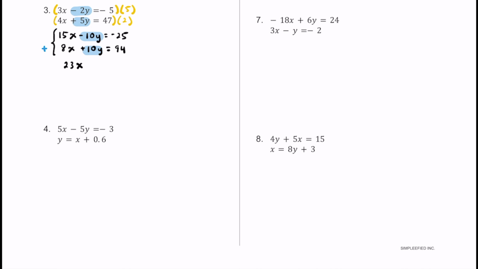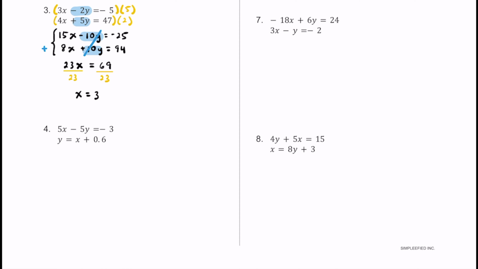This negative 10y plus 10y is going to eliminate, as we had planned. And on the right side of the equation, negative 25 plus 94, that's really just 94 minus 25, and that's going to be equal to 69. Now, one final step for this equation. Let's go ahead and divide both sides by 23 to solve for x, and 69 divided by 23